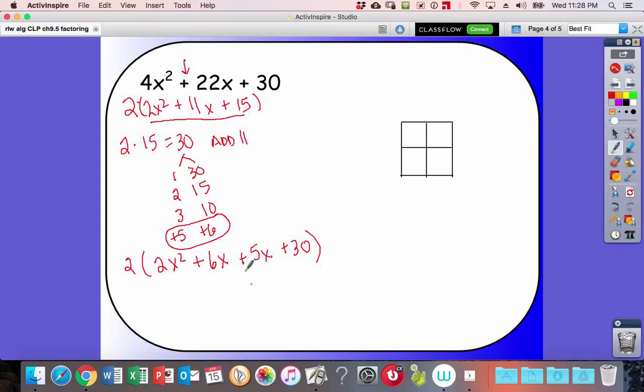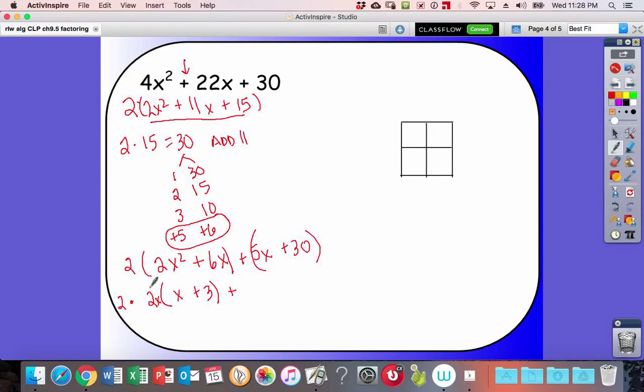Okay. Now I'm going to group them together. Okay, now I'm going to take out the greatest common factor here. I still got that 2, but look what I'm going to do here. 2 times, it's going to be a 2x times x plus 3